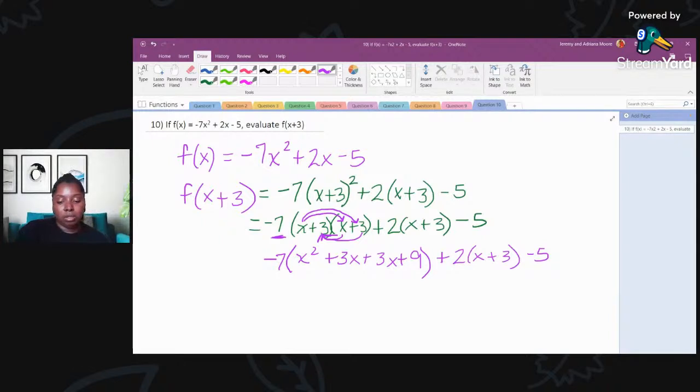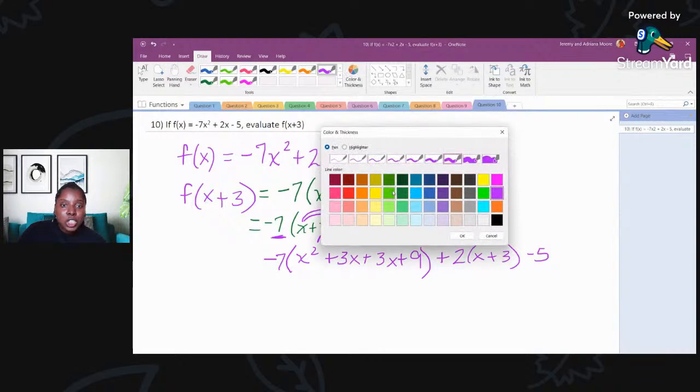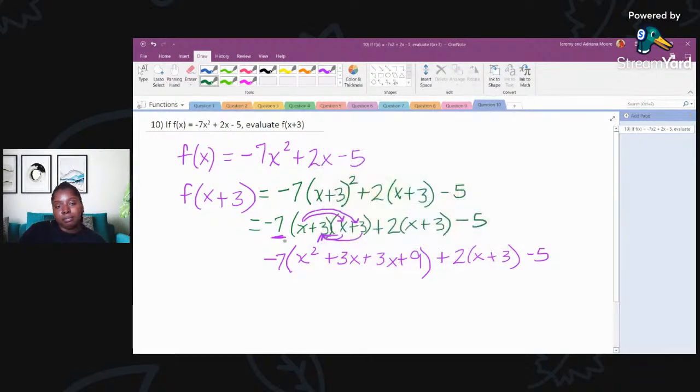All right, there we go. So it's super ugly now. Super duper ugly. I just wanted to make sure y'all are paying attention. So negative 7 times all of this mess